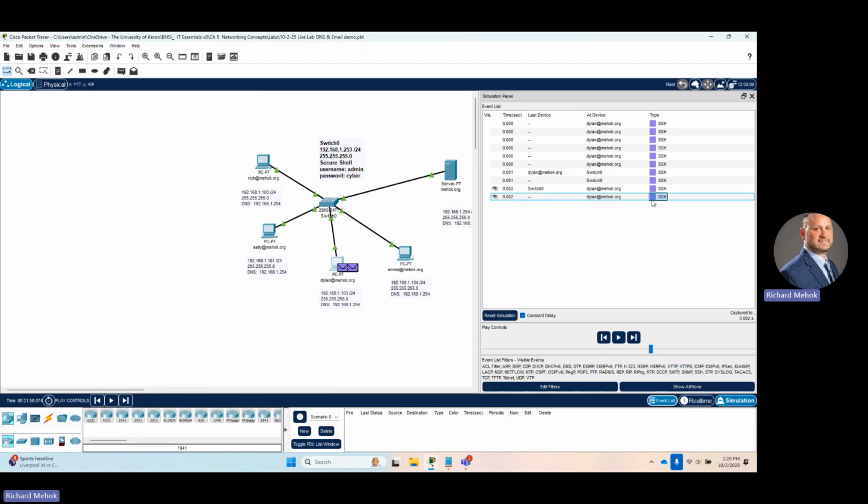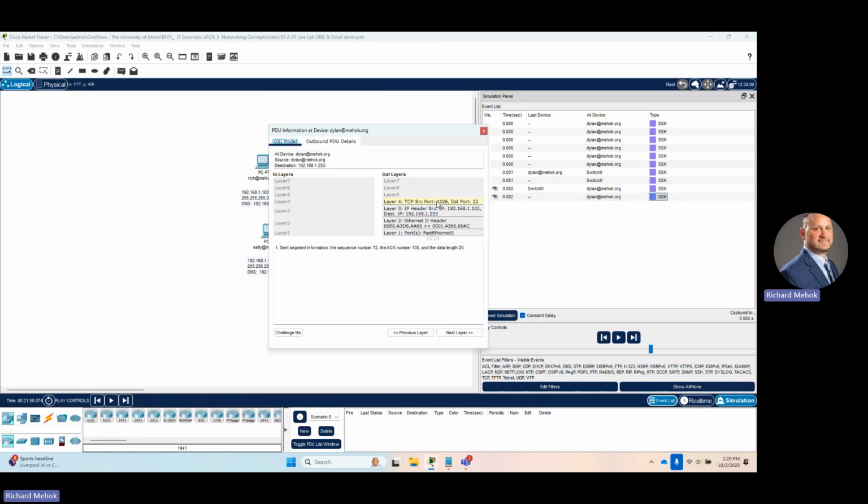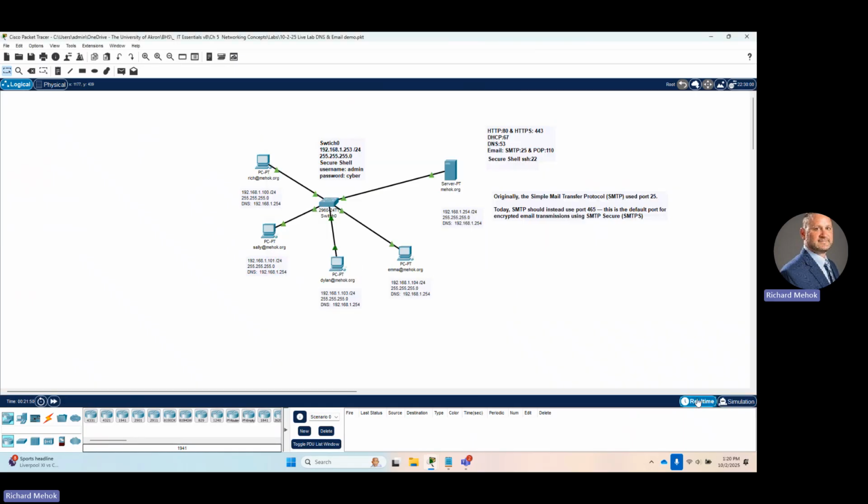Okay, so once again, if we're looking at this, 1026 was randomized. It doesn't change, and destination port 22 is your SSH. So you won't see those numbers change, except when they flip-flop, when the source becomes the destination and then becomes a source again. And then if you want to see the success,